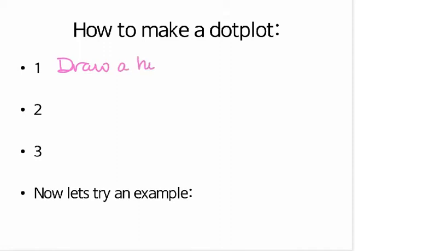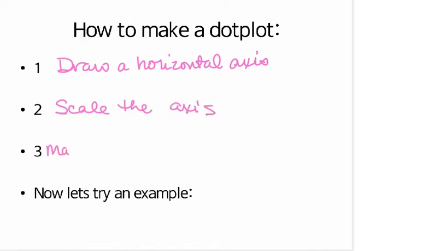So step 1, we're going to draw a horizontal axis. Now, even though this is a dot plot, we still want to at least label that horizontal axis so the reader knows exactly what we're measuring. Step 2 is we are going to scale the axis. And step 3, we are going to mark a dot above the location on the